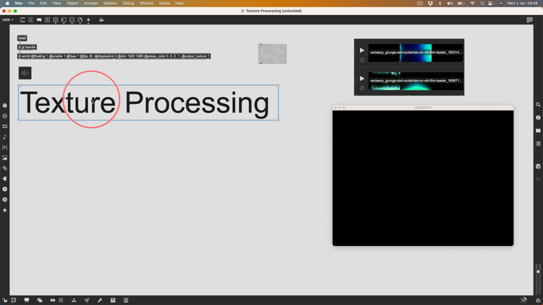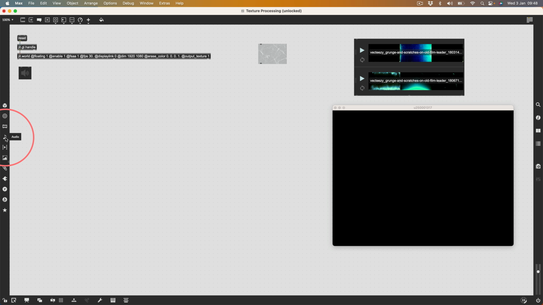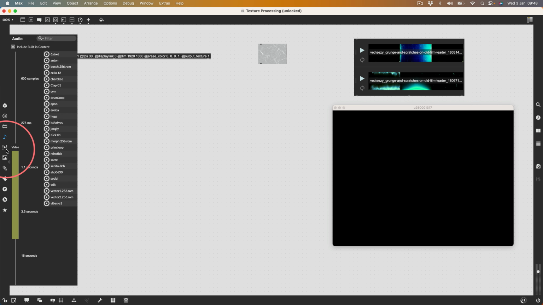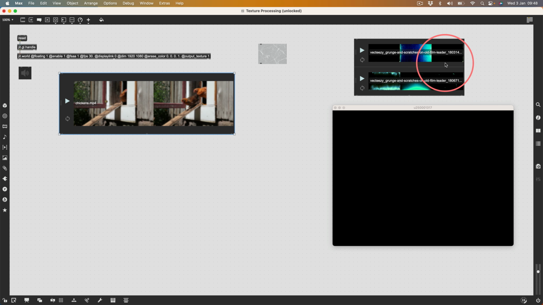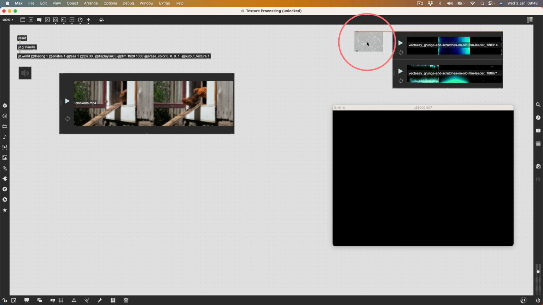Well, I think what we'll do is we'll start with just dragging in the video of the chickens. Where is the video of the chickens? Here is the video of the chickens. So I've got a couple of assets pre-prepared, which I got from a website called Vexteezy, which is kind of one of these Sketchfab type websites where they have loads of assets on there. Some of them are free, some of them you have to pay for. Anyway, these are free ones that I got,